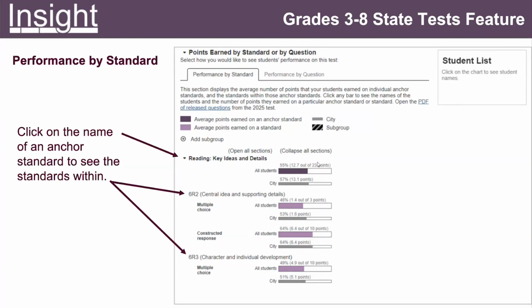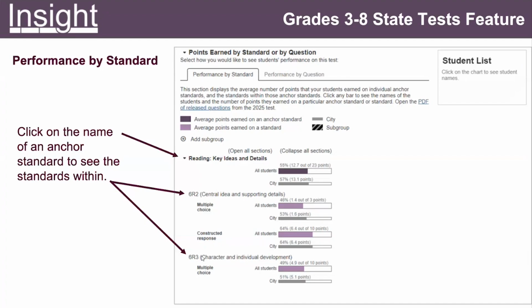So this bar tells me that for all my students, they earned 55% of the total points under this anchor standard. Even more detailed, for this 6R2, they got 46% of points right for the multiple choice and 64% of points right for the constructed response.